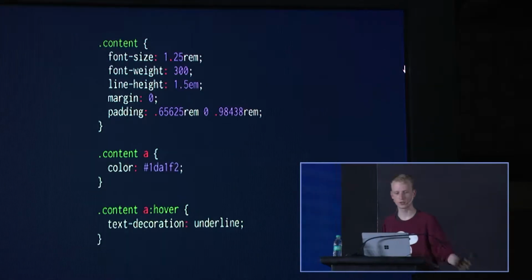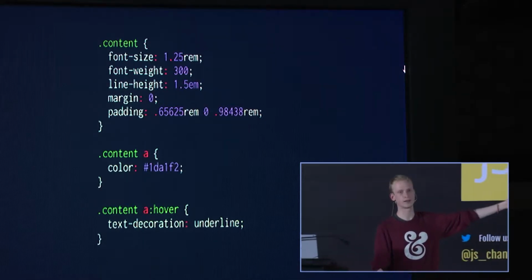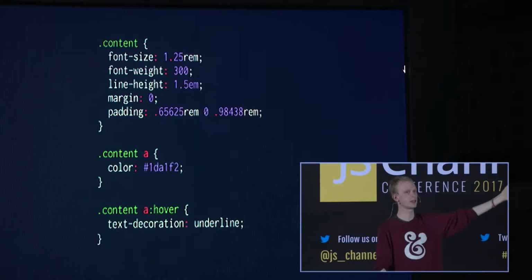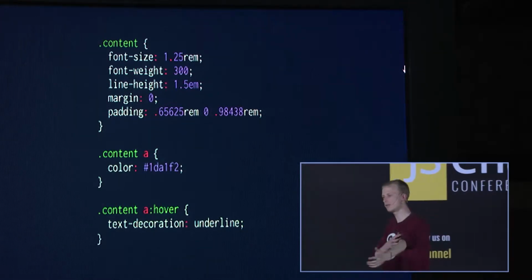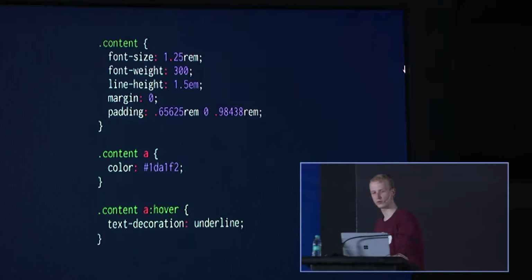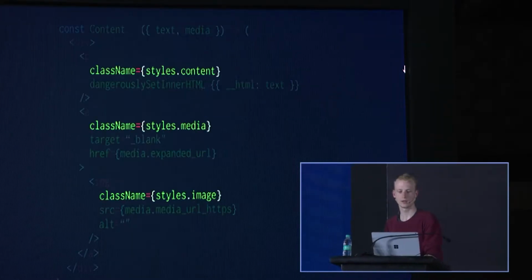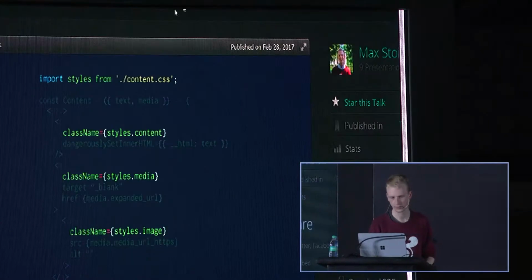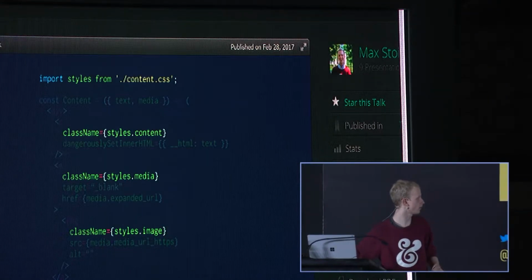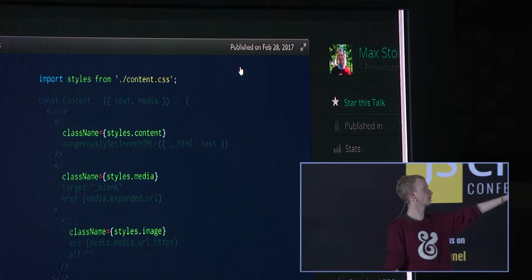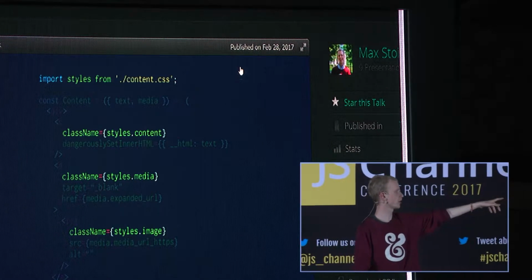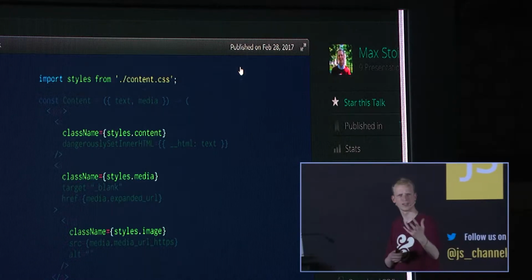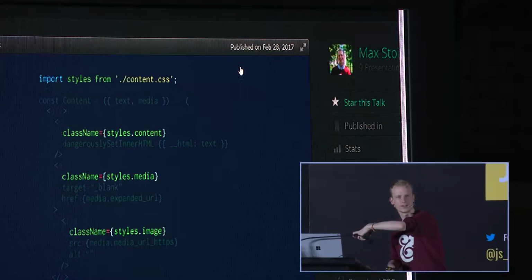And then if you look at our tweet content, it looks the exact same as our vanilla CSS example, except we don't do the tweet__content thing anymore because we don't need to. And the reason for that is that CSS modules scopes class names. What we do is we import styles from content.css, and then we say className equals styles.content. Right? So we import a CSS file into our JavaScript file, and then assign the class names we had in that CSS file